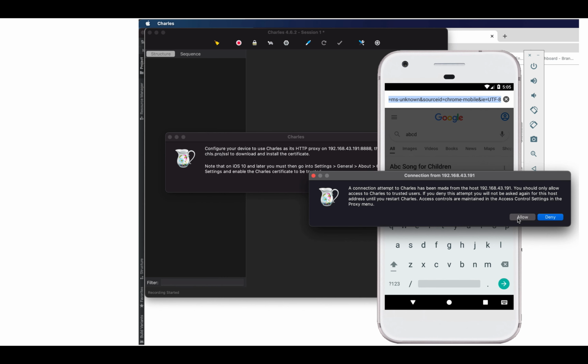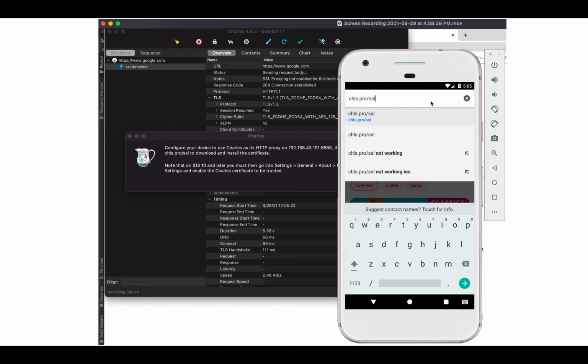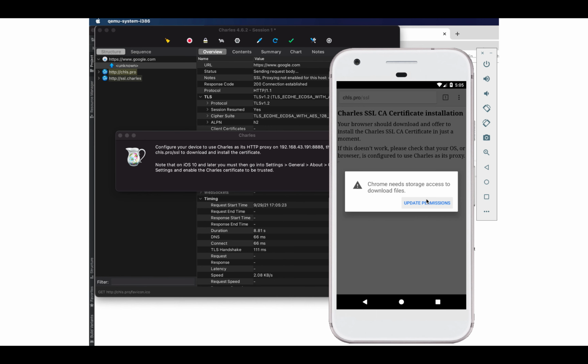So click on that allow button and enter that chls.pro/ssl. Yeah. Now if you see in the left side, in the Charles that is allowed.